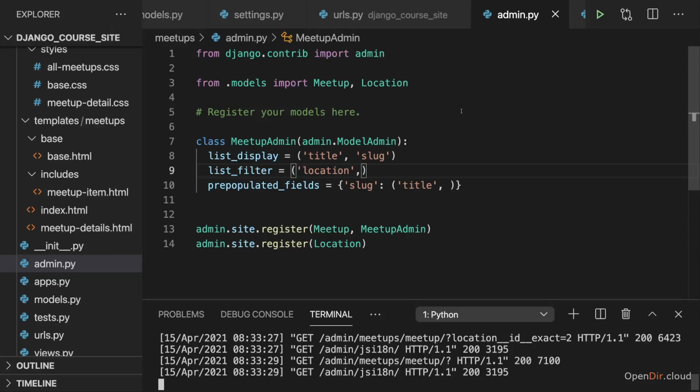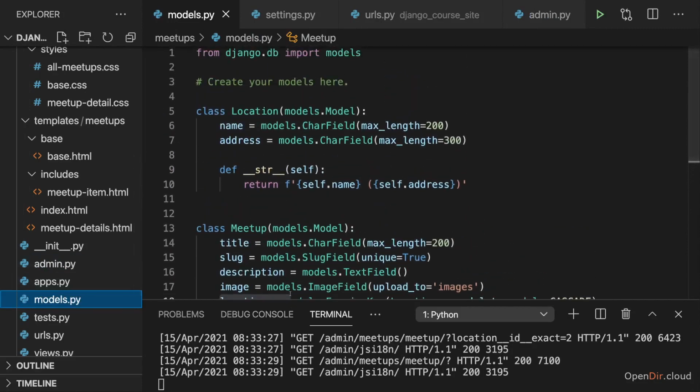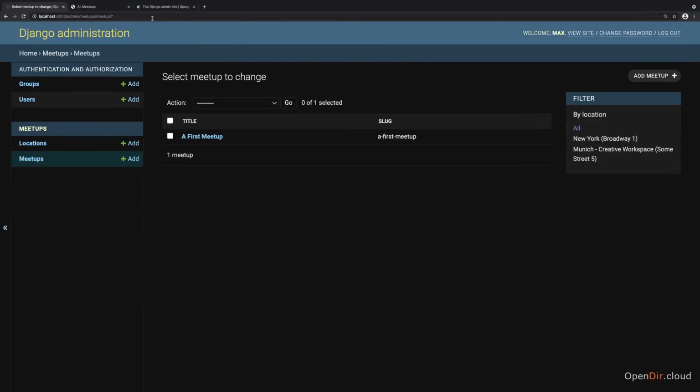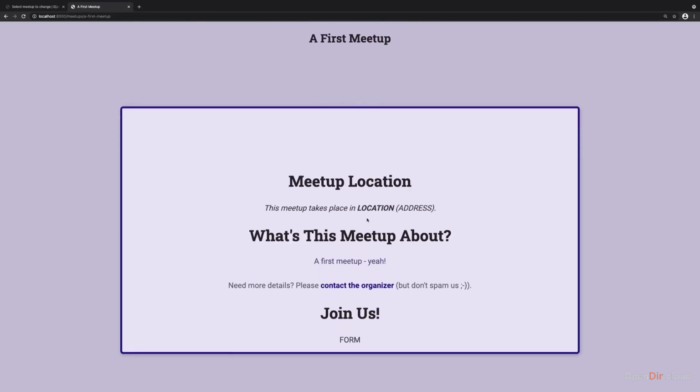Now, one related model is not enough though. We now added this one-to-many location relation, but now I also want to add participants that can sign up for our meetups. Because that's some functionality which we will later add to our front end, to the user-facing part of this website. There, if we are on this detail page, where we should also display this image, now that I look at it,